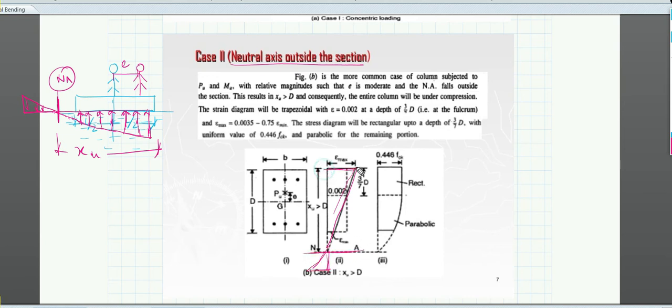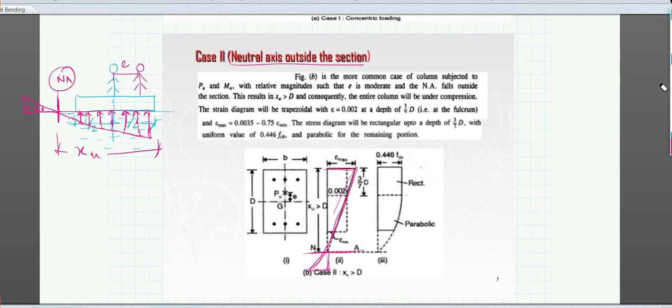This gives you the strain, and this is the stress, as we are designing for the limit state. That is why the stress distribution diagram is assumed to be rectangular and parabolic. If it were the working stress method, it would have been a perfectly triangular distribution. Okay, now